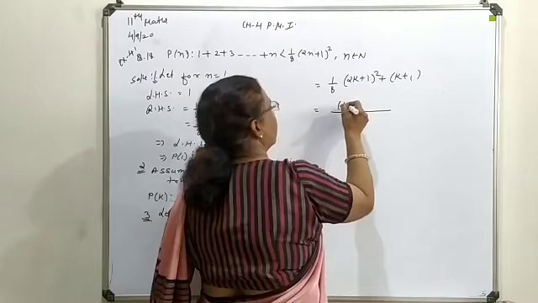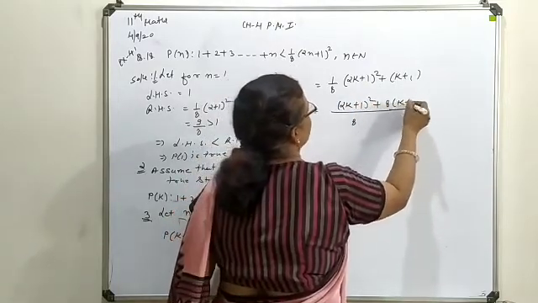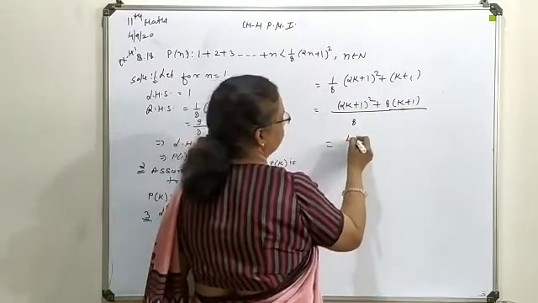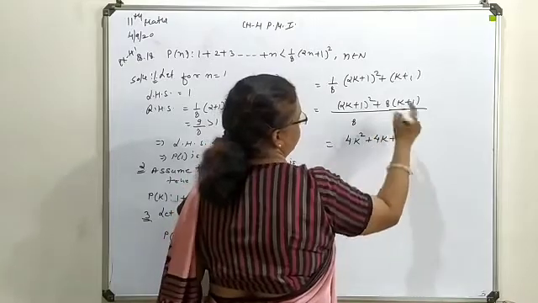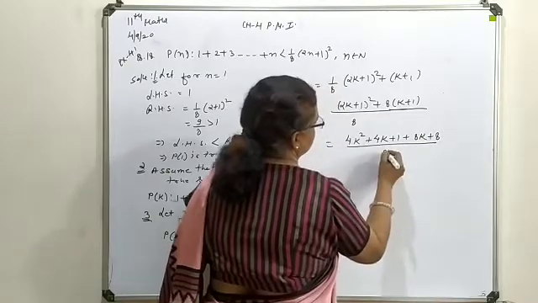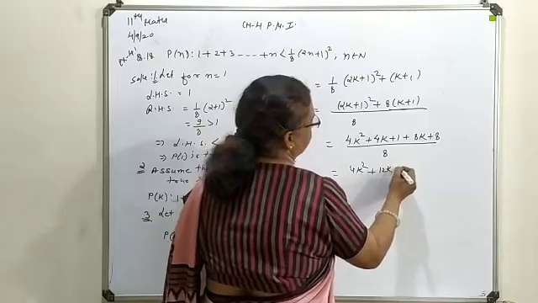So this is (2k plus 1) whole square plus 8(k plus 1). Make it expand, that will give you 4k square plus 4k plus 1. Here this is 8k plus 8, upon 8. This is 4k square plus 12k plus 9